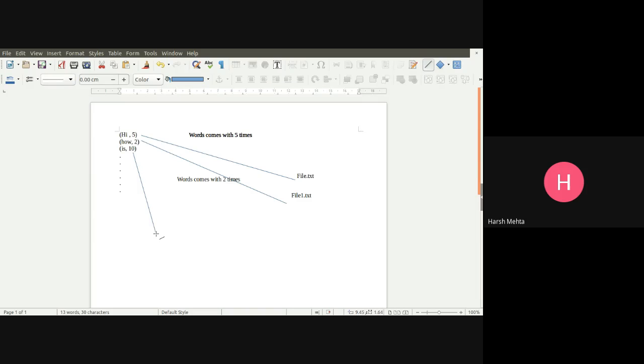If I want to map it and put the words that come 10 times in a separate file, that is file 2.txt, like that. So this is the logic behind the partitioner. We are partitioning the output based on our logic. That's what we are supposed to do.